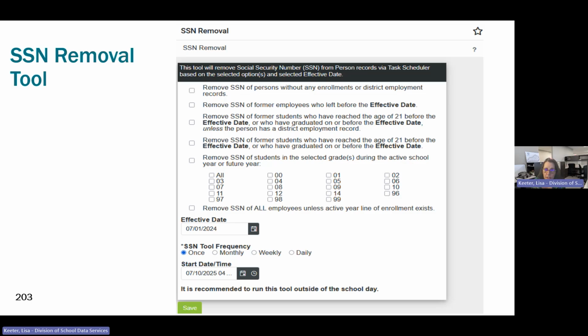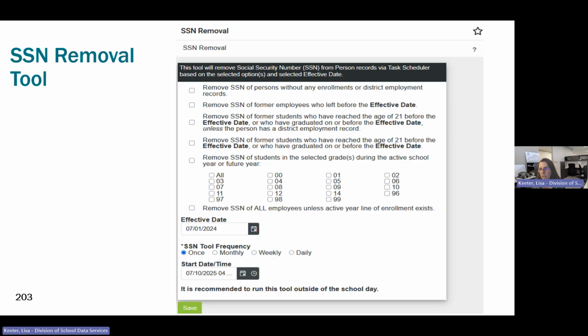Some of them require an effective date. You're always going to have that parameter sitting there. It's going to be just whatever it was the last time you used it. And then you pick how often you want to run the tool. This is actually going to create a job in Task Scheduler. So if I pick once, starting at today at 5 o'clock, that's going to put in a Task Scheduler job that says what parameters I picked. You can't see them because they're hidden somewhere else, but it's going to use the parameters that you picked, and it'll run that job when Task